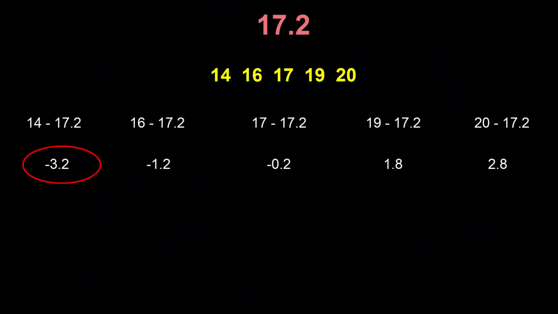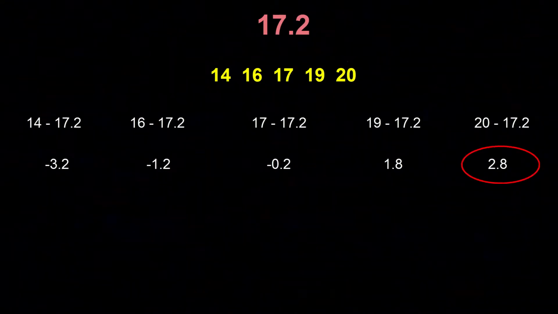The negative 3.2 associated with the score of 14 implies that 14 is located 3.2 points below the mean average of 17.2. The deviation of 2.8 is associated with the score of 20, since 20 is 2.8 points above the mean quiz score. If we added up all of the deviations and divided by 5, we would get a mean